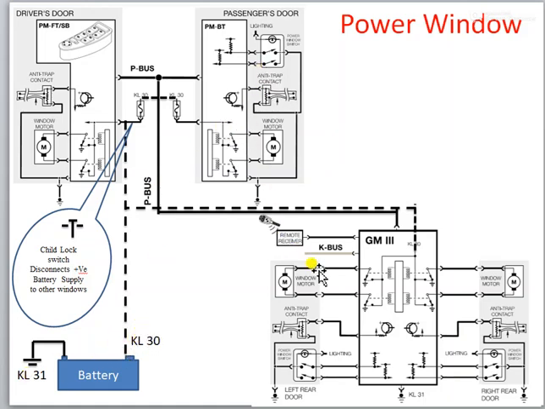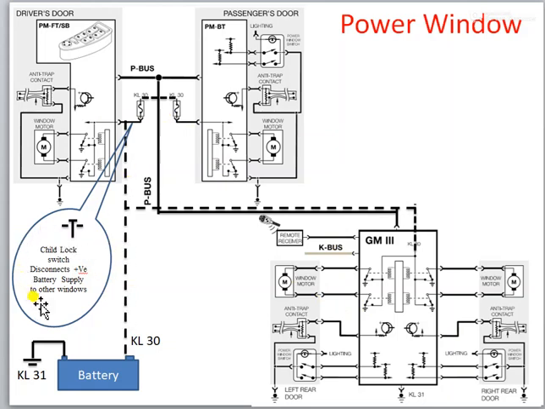So wherever you see KL31, that is the negative point. Here KL31, you can observe, this is KL31, this is KL31. These are the negative, and KL30 is the positive line, which I have shown by dotted line. KL31 is a continuous line and KL30 is the dotted line. So positive and negative polarity are both given to the rear console and the front console as well.